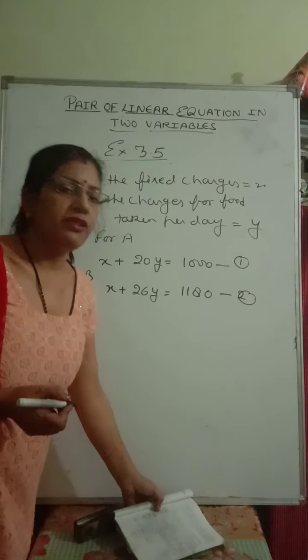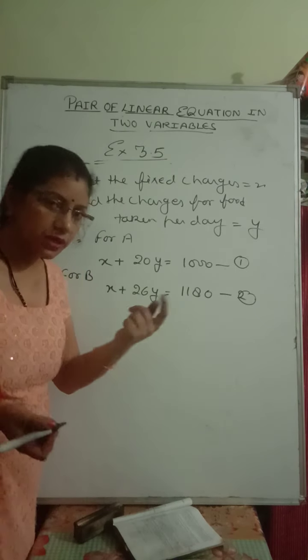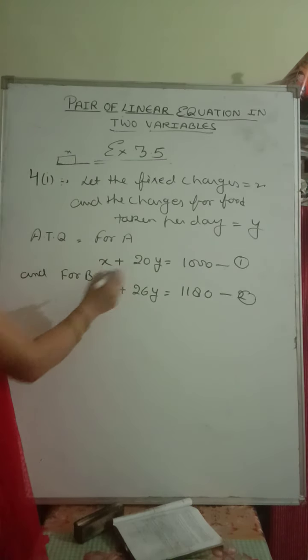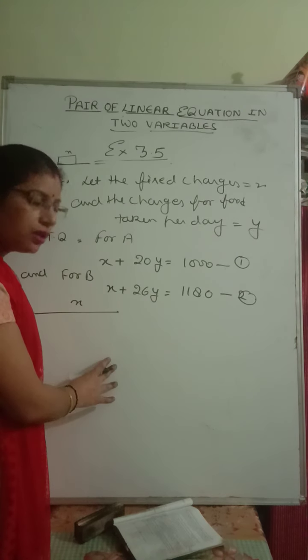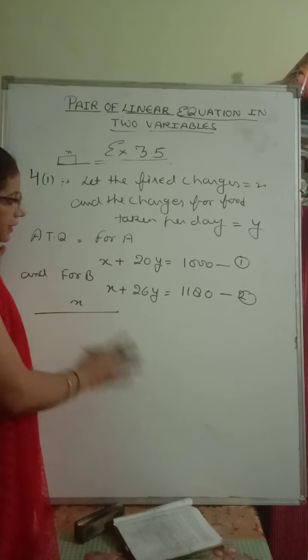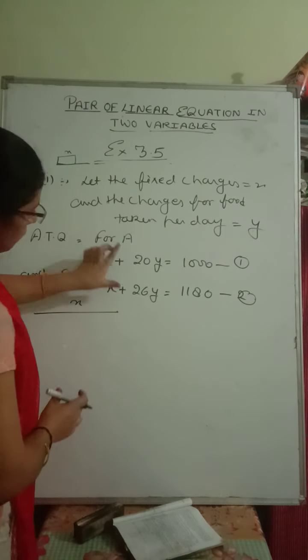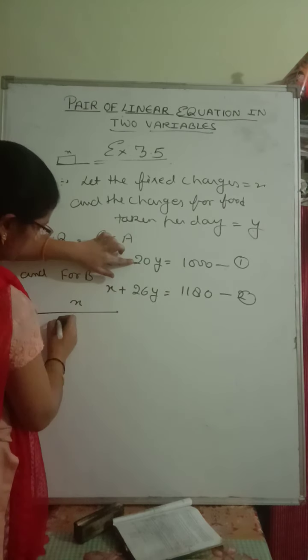So whichever method you want, you can do. Let us do by cross multiplication only. Okay. So x upon, you will write the formula, the values of A1, A2, B1, B2, C1, C2 properly. Then you will do. Okay. X upon 20 into this. Okay. 20 into